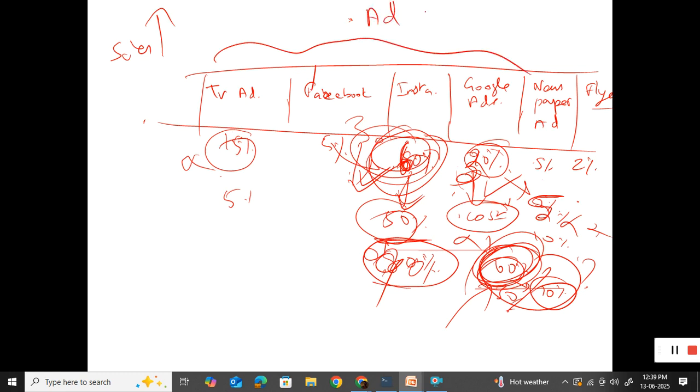You have something called ad spend or ad channel type, something like TV ad, so how much you are spending on it, but in return you do not know where you are getting more, right? So is there any magic formula available to find out which ad channel gives me a boost in my sales? No. So that's where an algorithm like linear regression really helps you a lot.